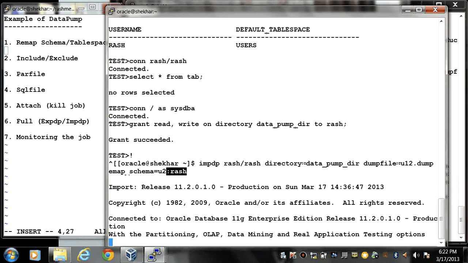So if you have a different user and you want to perform export and import, then while importing you need to use the remap schema clause.